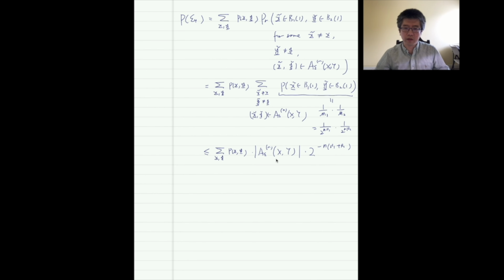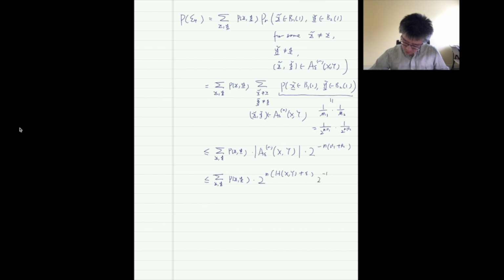And then we know the upper bound of that, which is equal to 2 to the n(H(X,Y) plus epsilon). We have shown this a few lectures ago when we talked about the channel capacity, I guess,